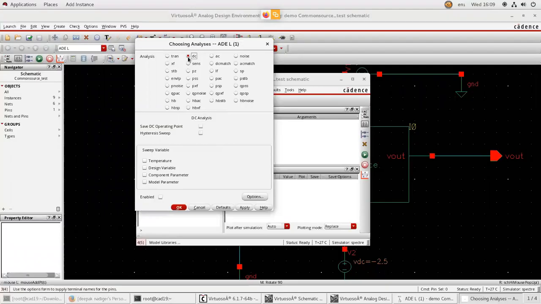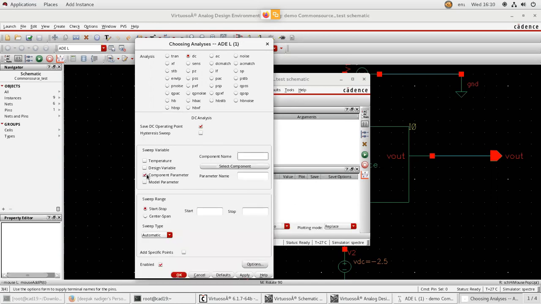So next is DC analysis. Click on save DC operating point. Next, click on component parameter.